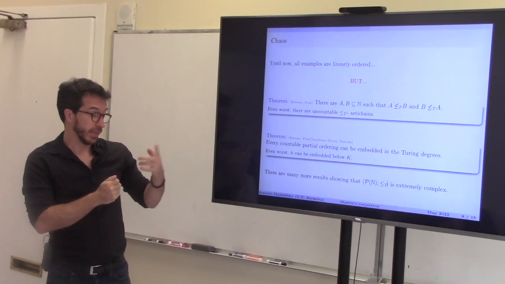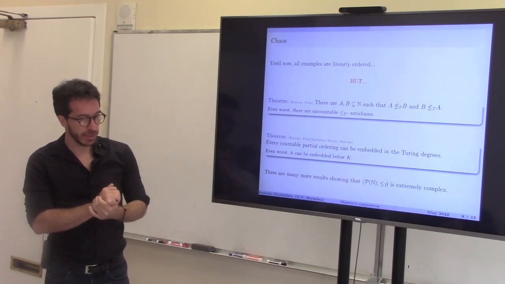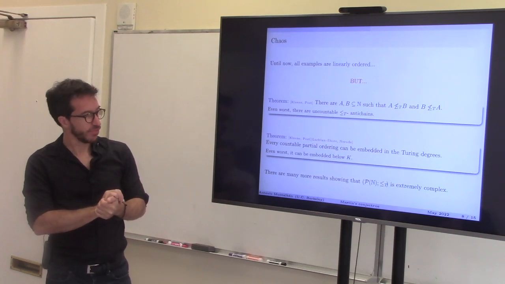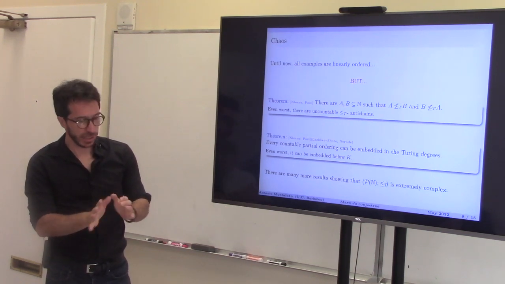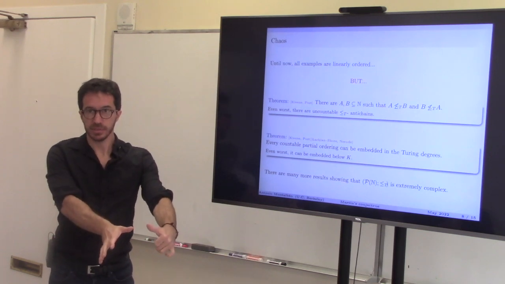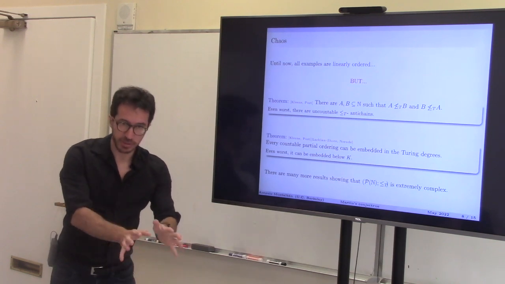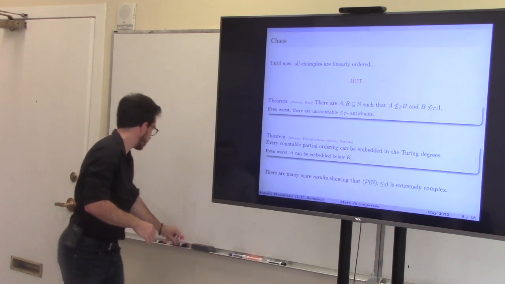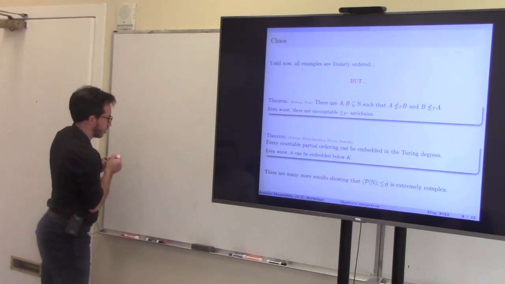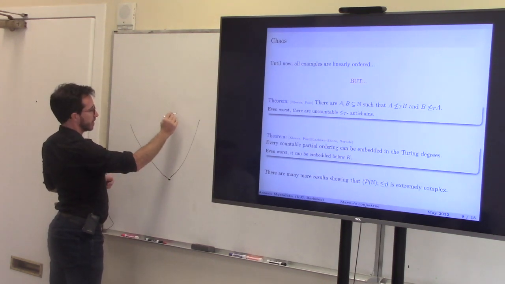If they satisfy some distributivity, you can embed them even as initial segments. You can pick one Turing degree such that if you look at everybody below it, it's going to be isomorphic to this guy. I'm saying every countable partial order is a downset. These are the Turing degrees,